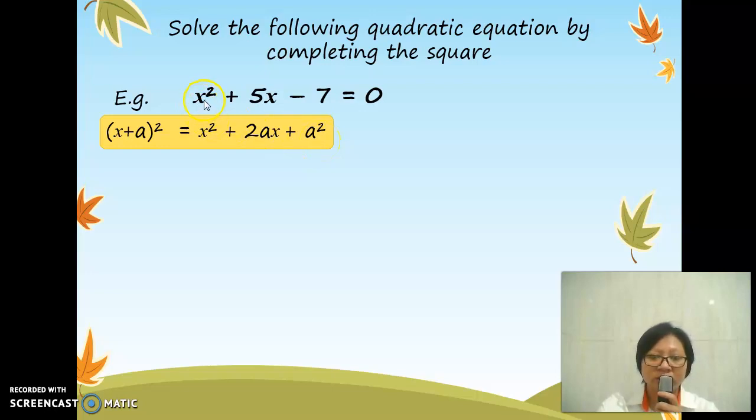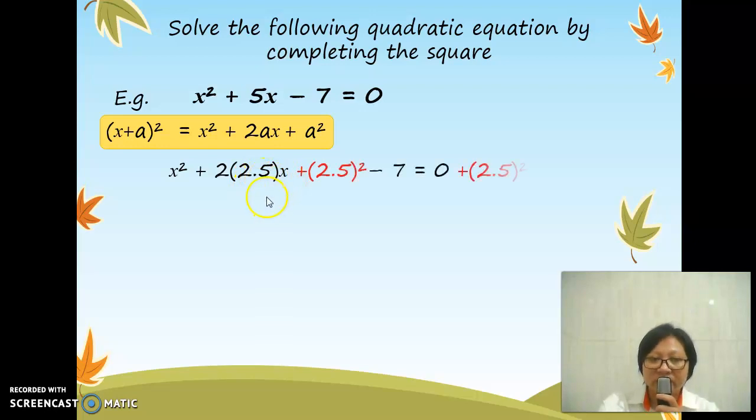And then, as you can see, the x squared quadratic term here is the same as this one. So we can go to the next linear term. We can break 5 into 2 times 2.5x, so we can get the value of a. The value of a is 2.5, and use it to create the constant term here, a squared. So 2.5 squared. And then move the constant term from the initial quadratic equation